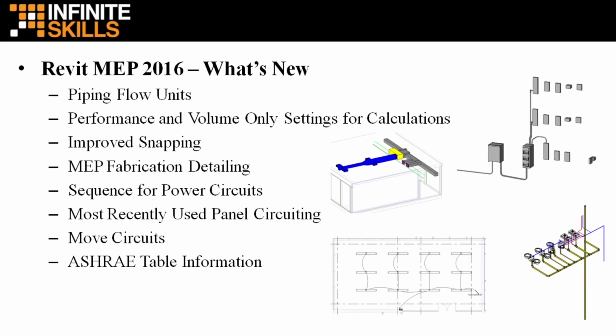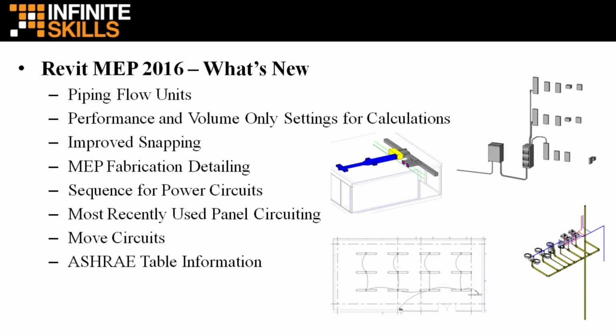Another one is MEP fabrication detailing. This allows you to use LOD 400 content from the Autodesk fabrication products, such as CADmep, ESTmep, and CAMduct. Some of the functionalities that were carried over from Revit 2015 R2 include, and not all of these,